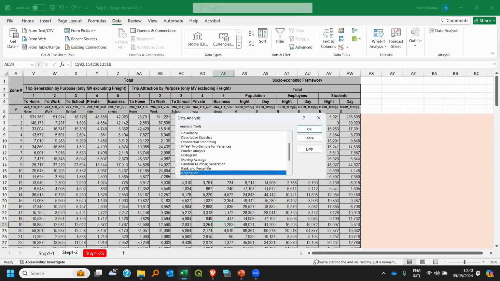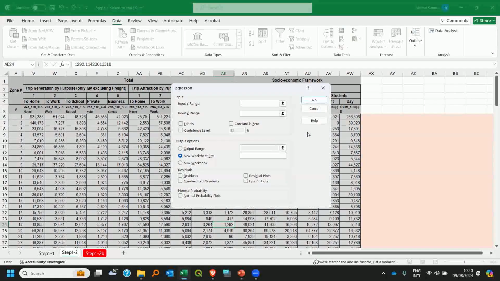Data Analysis, you press on Regression, then OK. Then for input on the Y range,